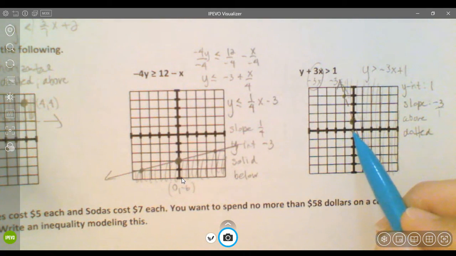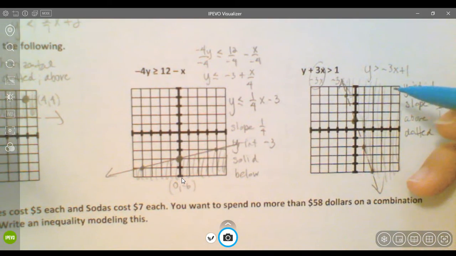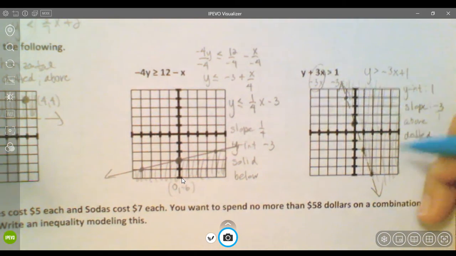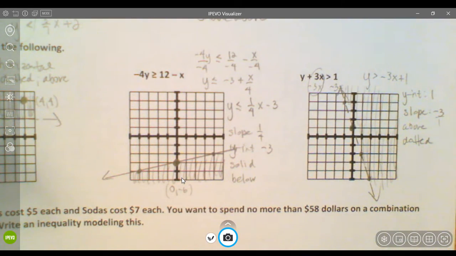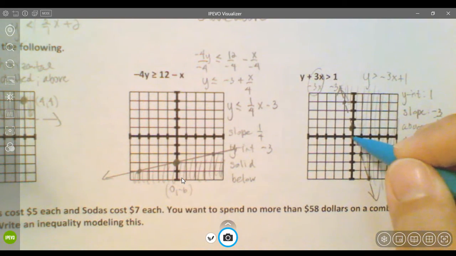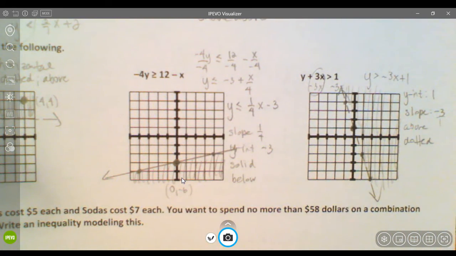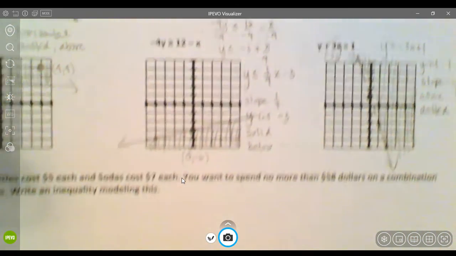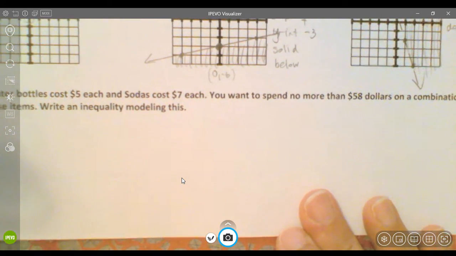The test point, he's kind of for everybody. It's like when you had to do a test review and your teacher would split you up into 2 teams. If you get the answer correct, your team gets the point. Well, 0, 0 did not answer correctly, so his team does not get the point. The other team gets it. That's what we're doing. Okay, so once I've overwhelmed you with shading and all that, now I give you a